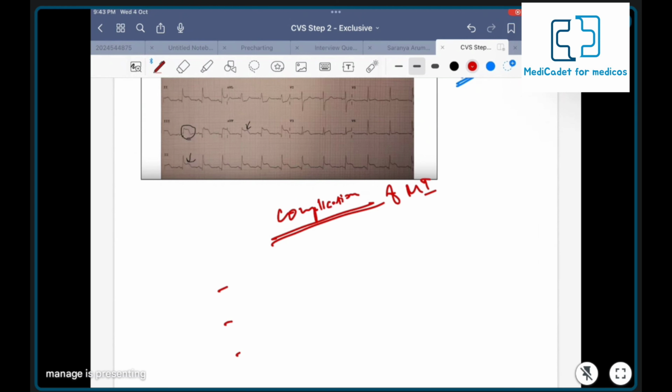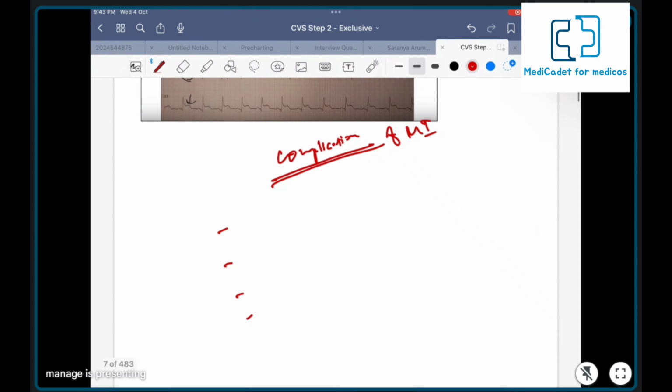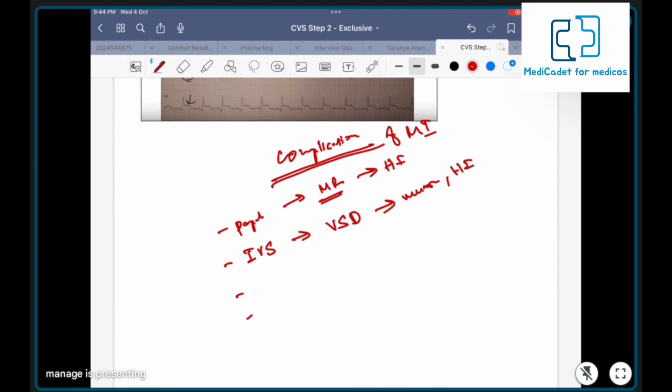Can you tell me a few complications of MI? Everything will rupture. You can remember it that way. First, the papillary muscles will rupture. That will cause MR, and that can cause heart failure. Then the interventricular septum will rupture, and that can cause a ventricular septal defect, which causes a murmur and heart failure. And the third thing rupturing will be the free wall of the ventricles, and that can cause tamponade,